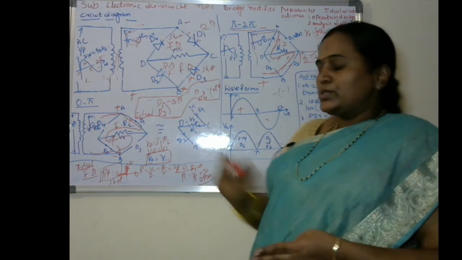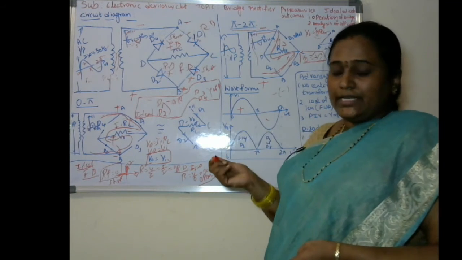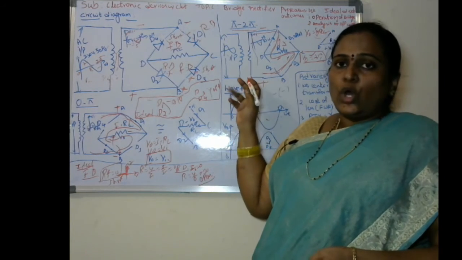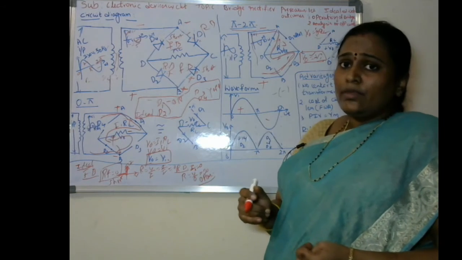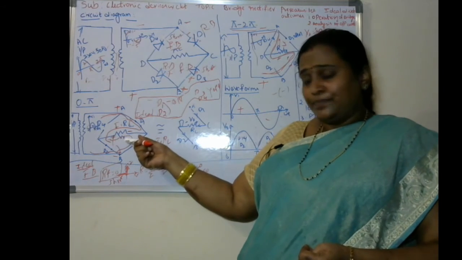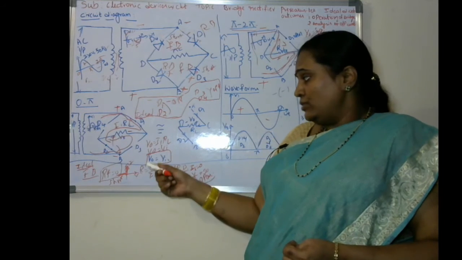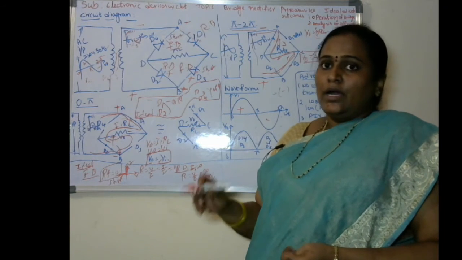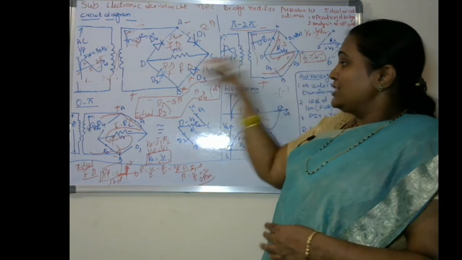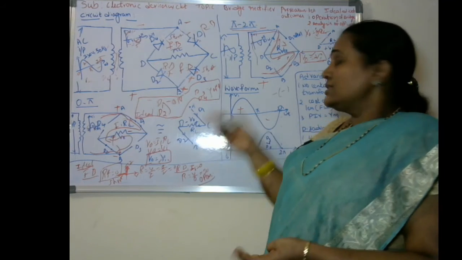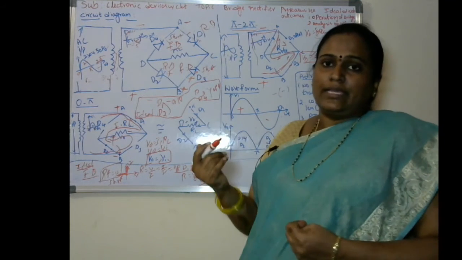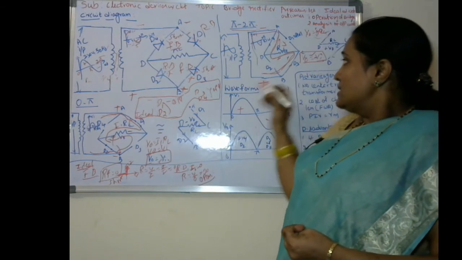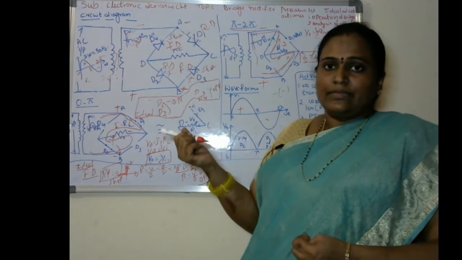Simple logic for how the negative cycle is converting to the positive cycle: if you observe, both directions are in opposite flow. If I take this as a reference, this is the flow, and I have assumed V naught to be the positive notation. So V naught equals positive of Vi. For this purpose, this is in the opposite direction to this, so I have to consider V naught equal to minus of Vi, since I have considered this as the reference. In this case, V naught will be equal to minus of Vi.